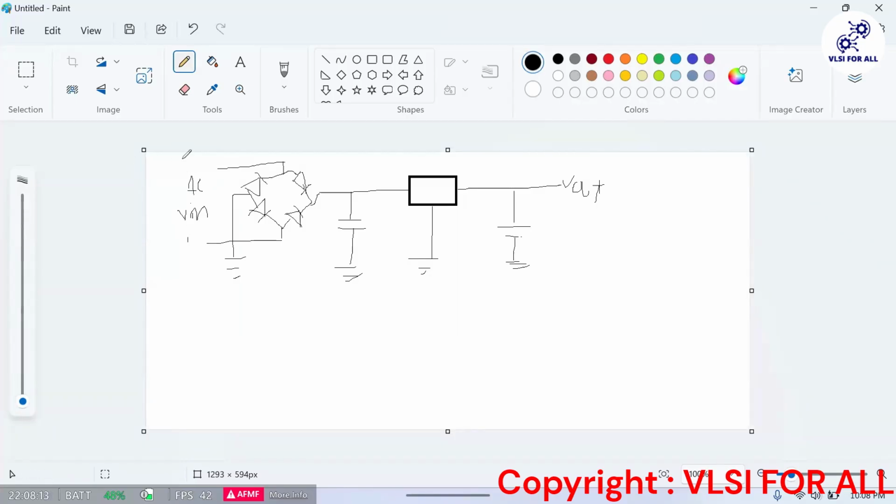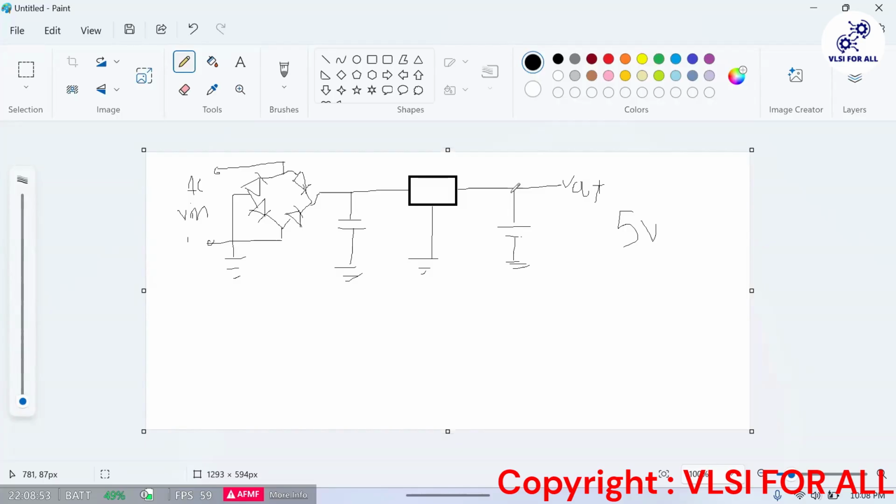When we put a transformer with suppose 220 volts at the primary coil, we will get 12-volt AC, not DC, as step down voltage at the secondary coil. From the secondary coil it will go here, and then this bridge rectifier will convert that 12-volt AC to 12-volt DC, and then this 7805 will step it down to exactly 5-volt DC. So this is how we can build a complete voltage regulator circuit.